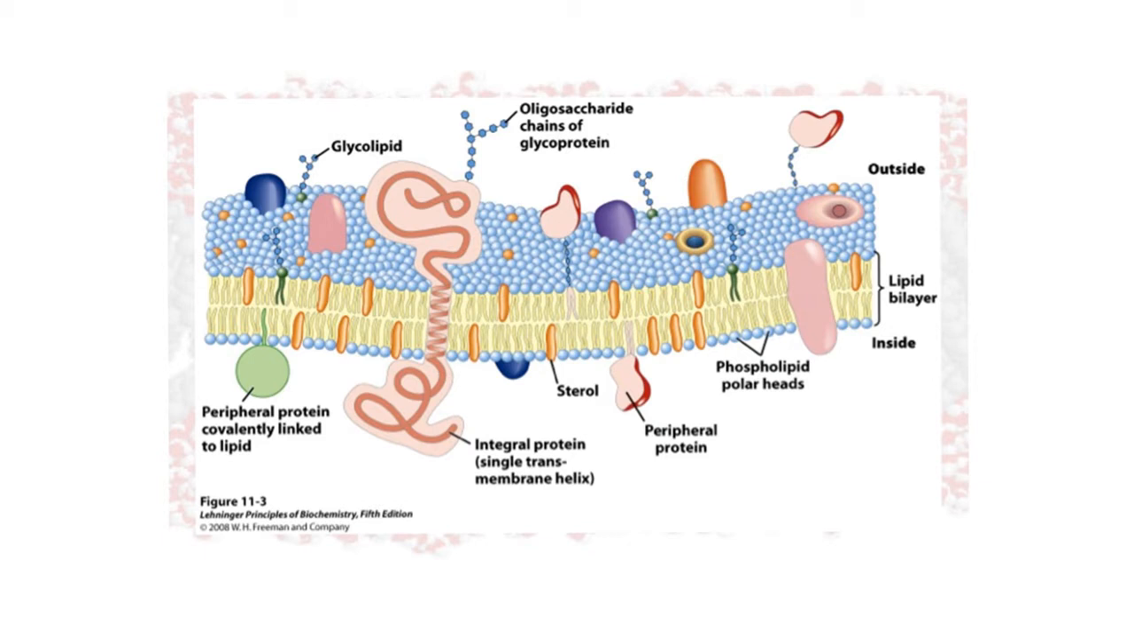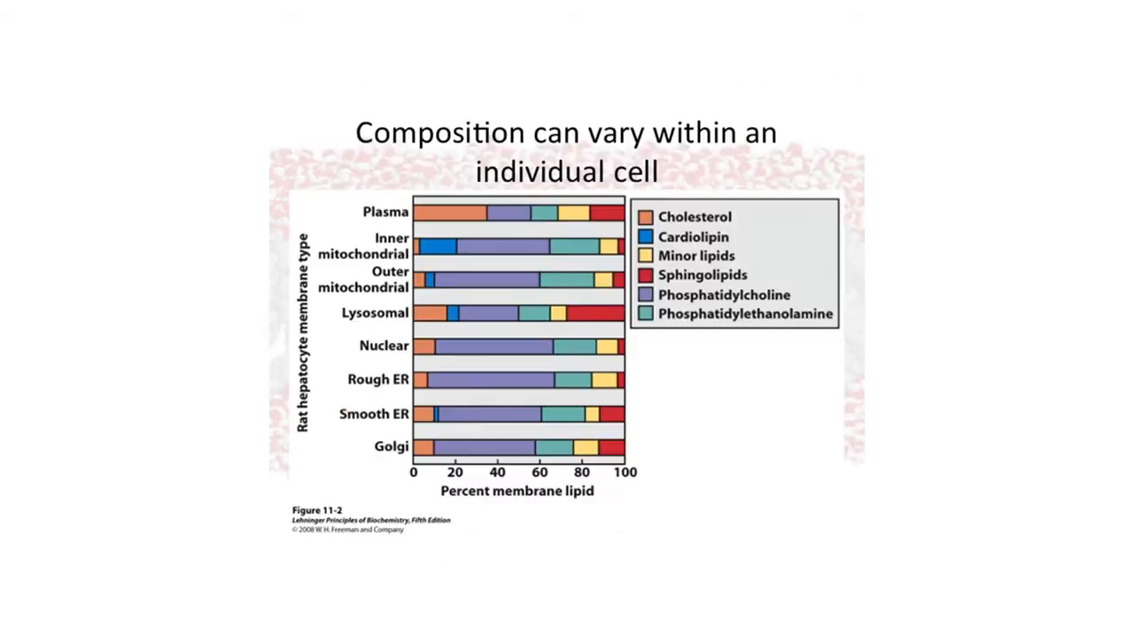Okay, and of course you can have channels. Channels are just a specific type of integral protein. The composition can vary within the cell. This is just another way of showing what I showed on that one website in table form. This is just a bar graph. Once again, I would expect you to be able to discuss a little bit of the logic behind some of the ones that make more sense than others. So for example, once again, if we compare the differences between,